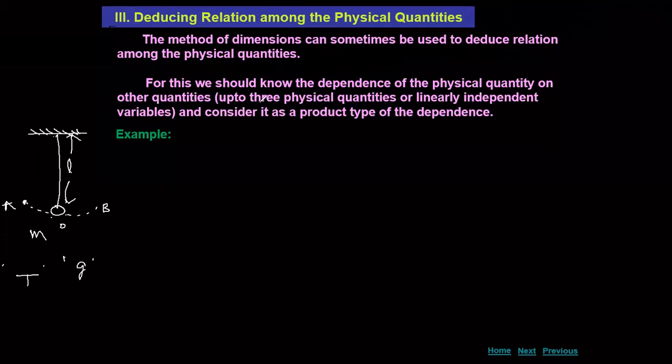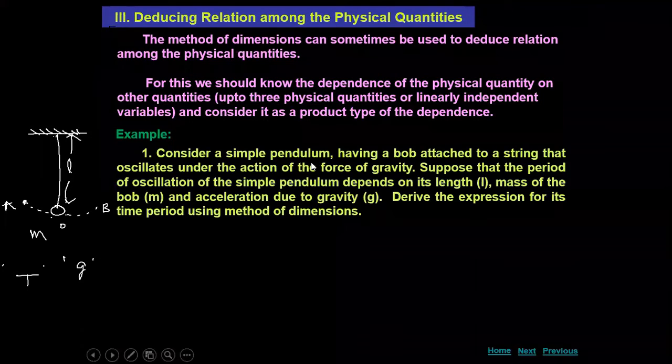As usual, we will take a proportionality, and if we remove the proportionality sign, we get a constant, and I will write it in terms of that constant. We have chosen a simple pendulum, which is oscillating under the action of the force of gravity, whose length is L, and I am taking acceleration due to gravity as G. Its mass I am considering as M. The time period is capital T. We are finding this time period by using this dimensional analysis method.